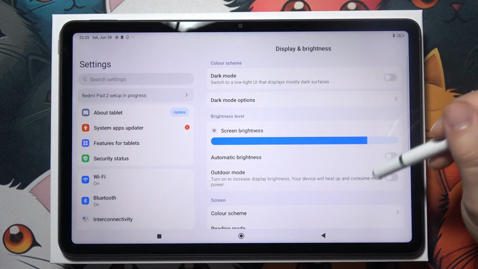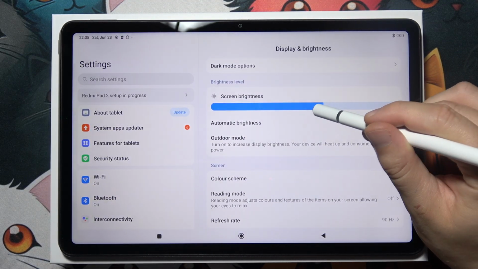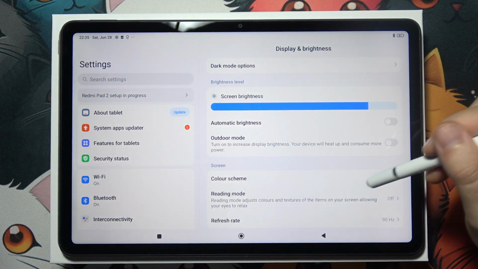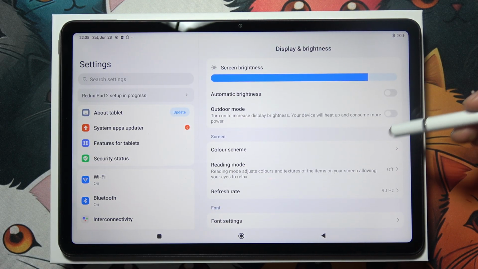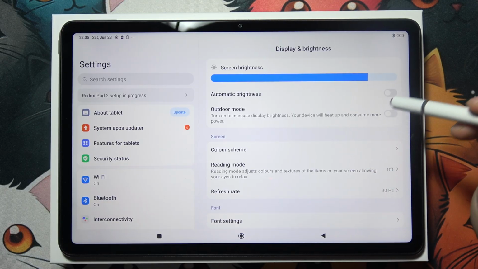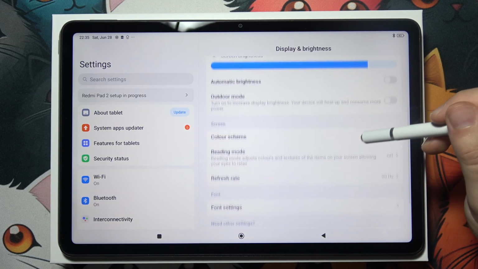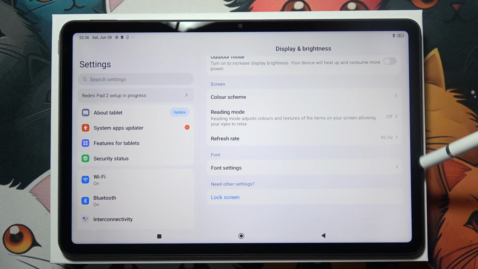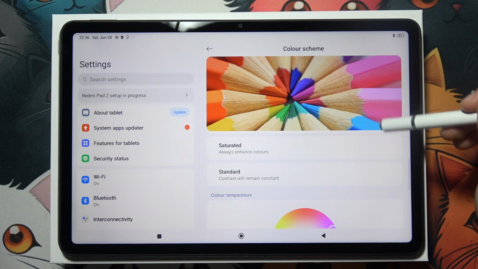Next, by going below, we can find the screen brightness, so we can also change it like we want. But below, we can find another option called automatic brightness and the outdoor mode. So it will increase the display brightness, but you have to remember that it's gonna heat up the device and consume more battery. Over here we can change colors,